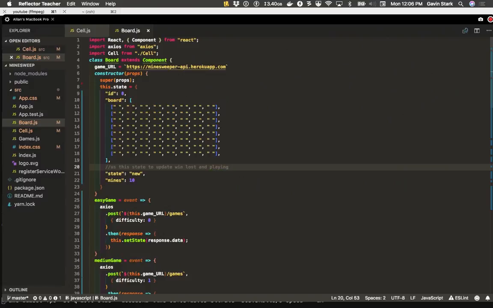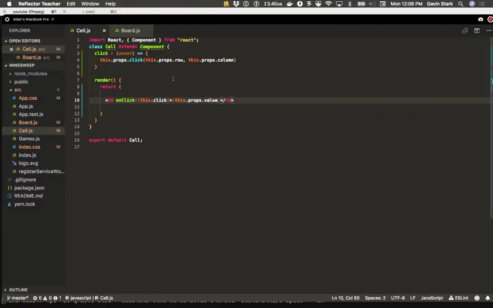Right, and then maybe instead of just in your cell, look in your cell. Rather than just outputting this.props.value, use this.props.value to look up what you want that to be. So you could use that to do a background image, right? Maybe you have a class name that's going to be